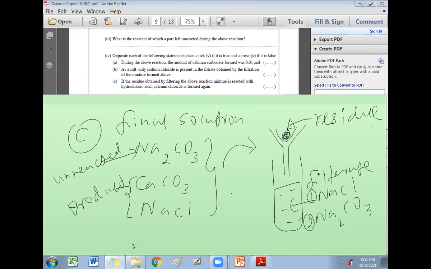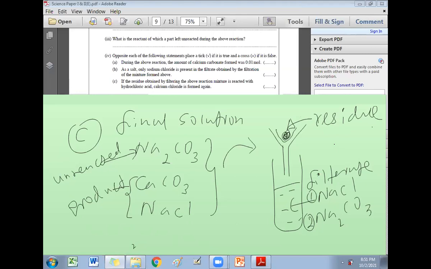Okay, forget about this. You put sand into water and filter. What is the residue left in the filter paper? If you put some sand into water and filter it, what is the residue? Okay, I'm not asking this question now. You put some sand into water and filter it. What is the residue left on the filter paper? Devish? Sand. Okay, sand is not soluble in water. It is left in the filter paper.